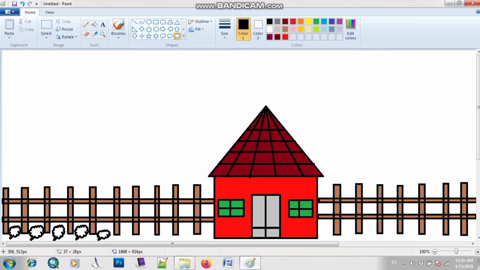So in this way you simply have to draw these small trees in the Paint program so that they look like trees, and then you can also draw some trees here on both sides.